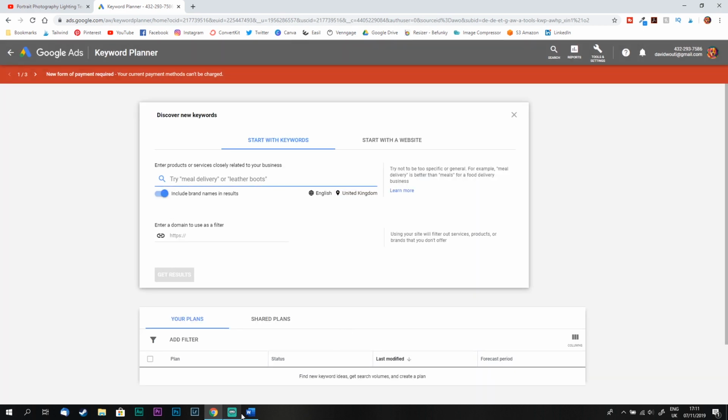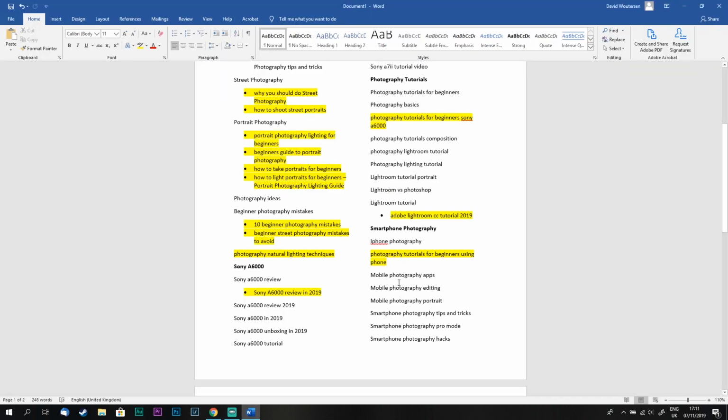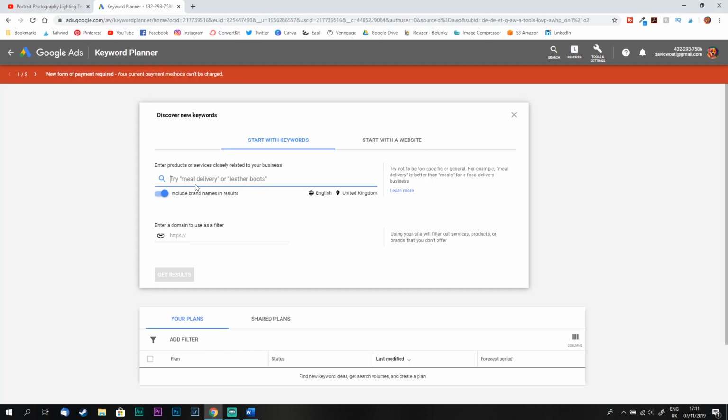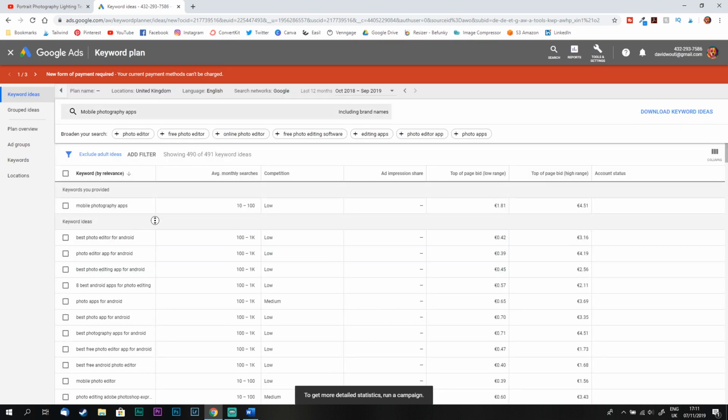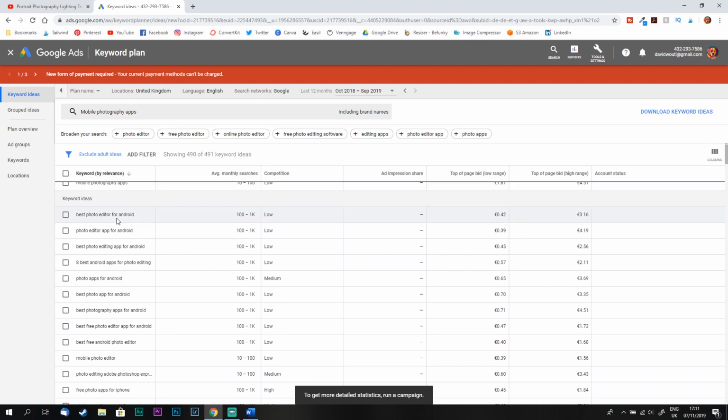So let's go to smartphone photography and let's look at mobile photography apps. Maybe we can find some specific apps that people in the United Kingdom are looking for, or similar keywords around mobile photography apps. So best photo editor for Android. Competition's low, there's a decent amount of searches. Now these are on Google, so this is some good information, some good keywords you can find here, but we